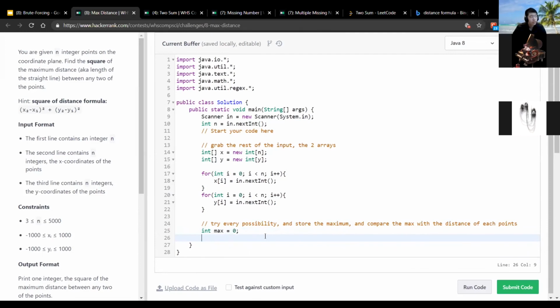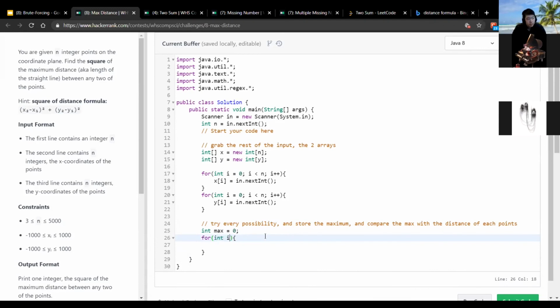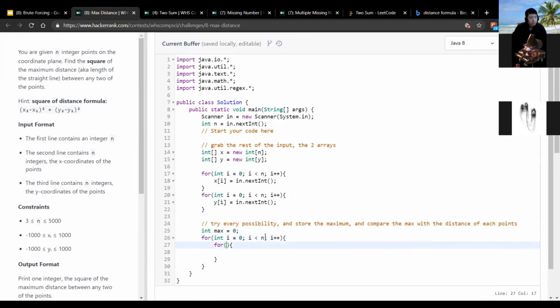So now we're gonna have to loop through each pair of points. To do that, we're definitely gonna have to use a nested for loop, or a for loop within a for loop. But something to note to improve the code a bit is that instead of having your second for loop be for int j is equal to 0, j is less than n, j plus plus,